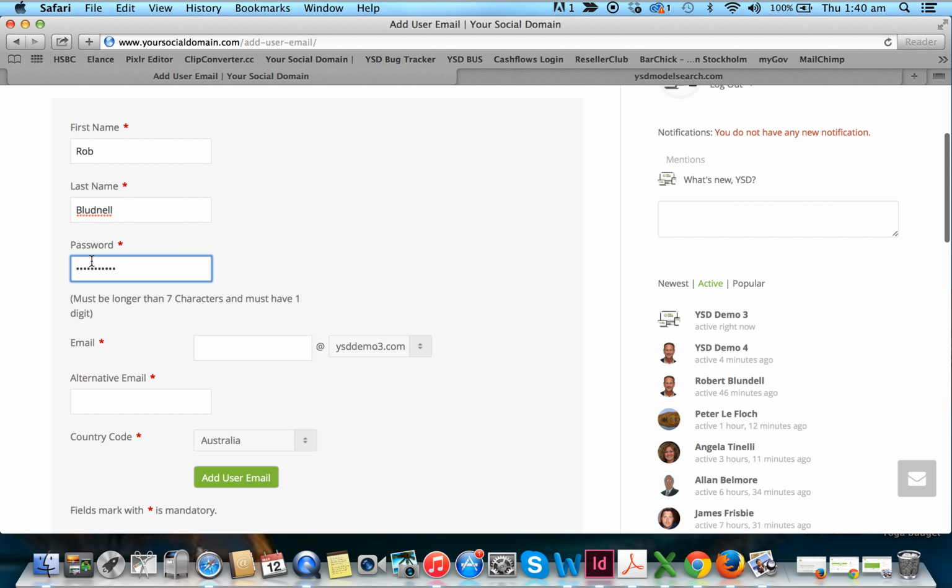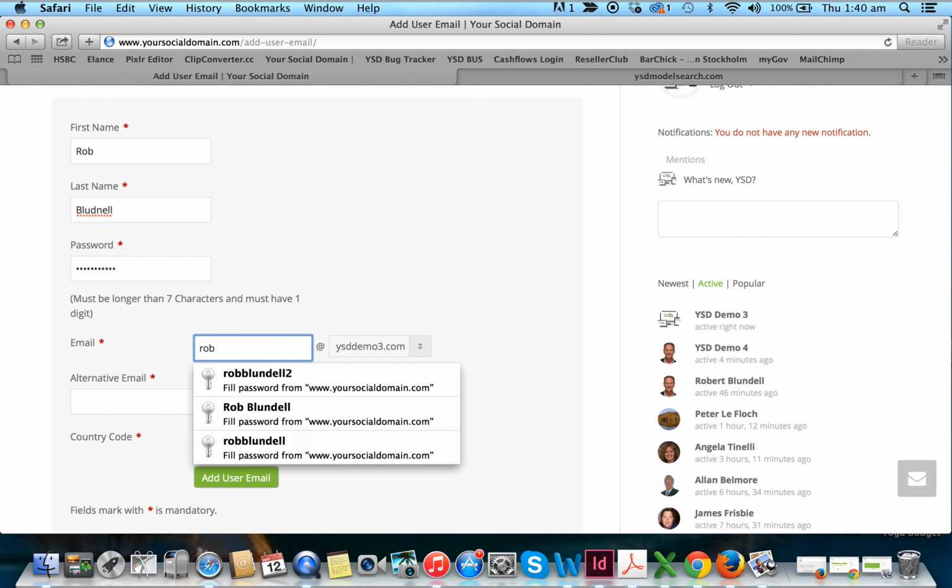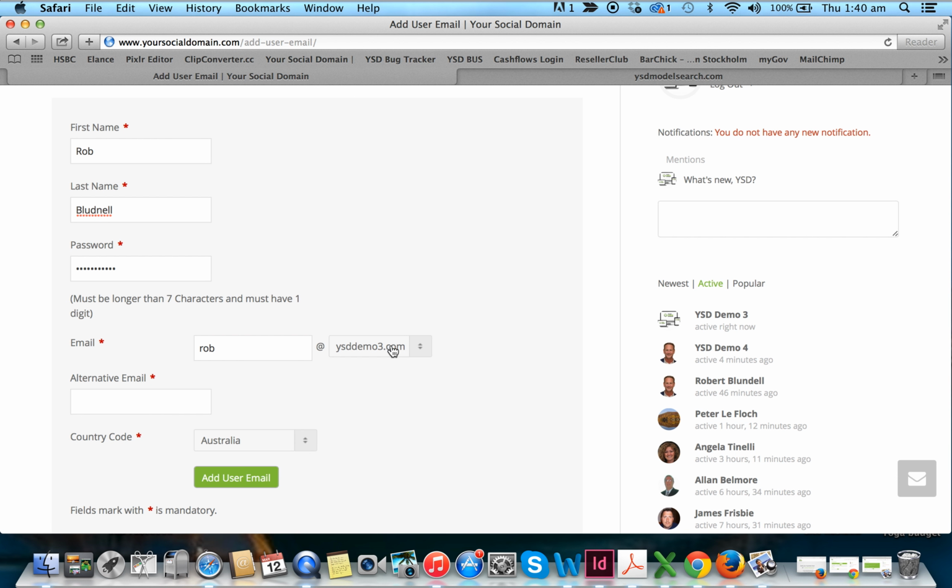The password you're creating here is the password for your email account. Choose the email address that you want. So I want rob@ysddemo3.com. This is important. You've got to put an email address in here that we can send the information to,